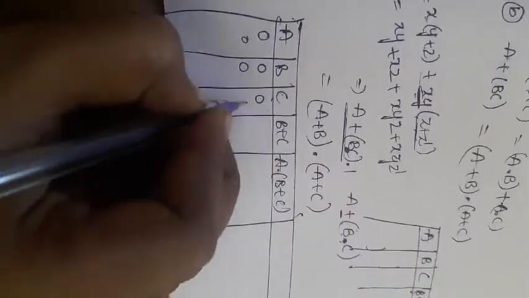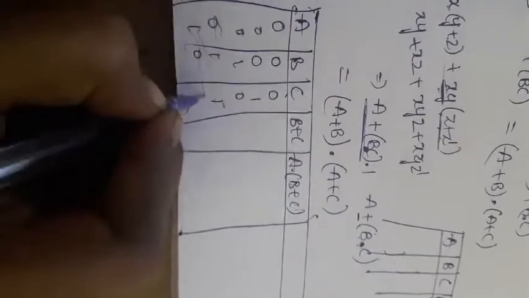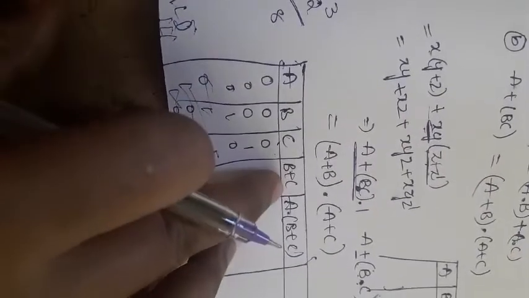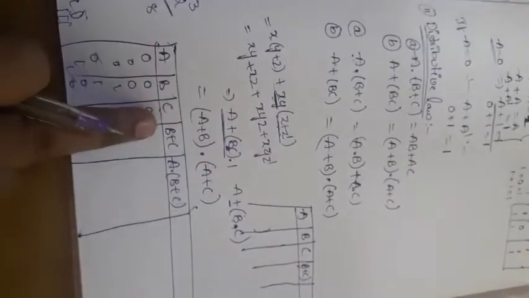000, 001, 010, 011, 100, 101, 110 and 111. Okay, so like this we are having totally 8 combinations. After that, what is the next part? We need to prove B plus C, that is the addition part. So already you know the addition part, right? By using this addition rule we can simplify this B plus C.